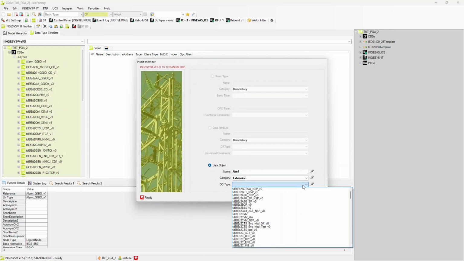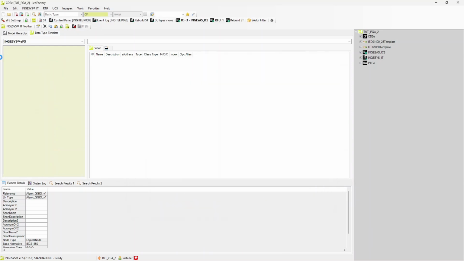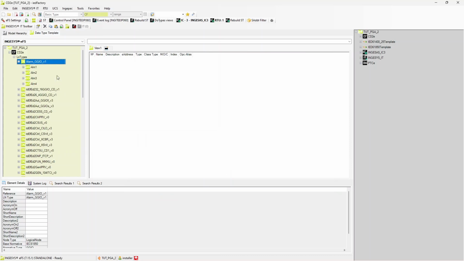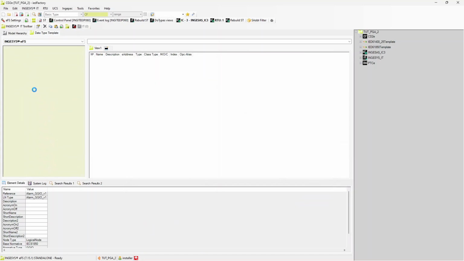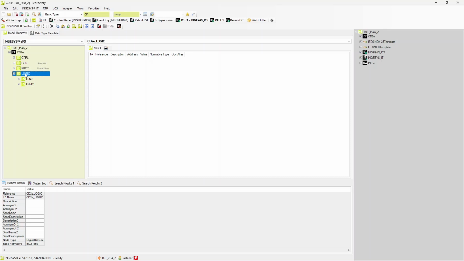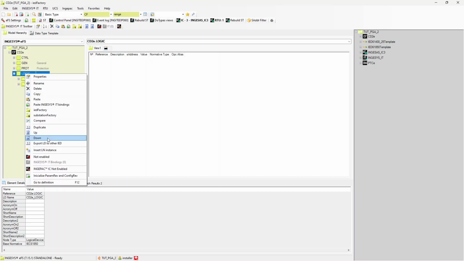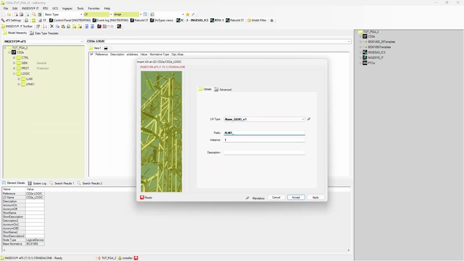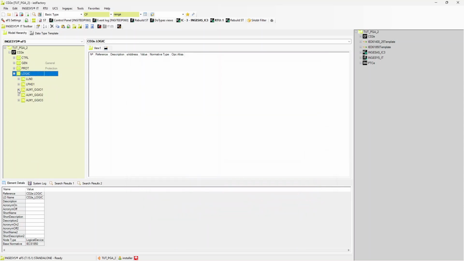Several single-point status (SPS) type data objects will be added to the logical node, along with the behavior data object, whose type is ENS. Back in the Model Hierarchy tab, the newly modeled LN type will be included to the logic LD thrice. When adding logical nodes to a logical device, prefixes and LN indexes shall be modified in order to tell logical nodes apart from each other.